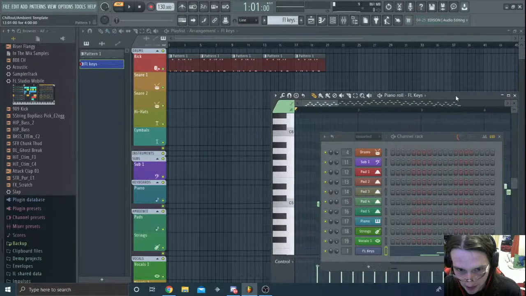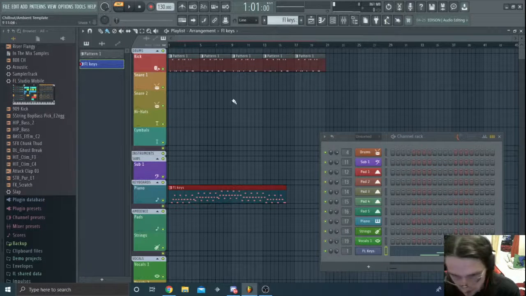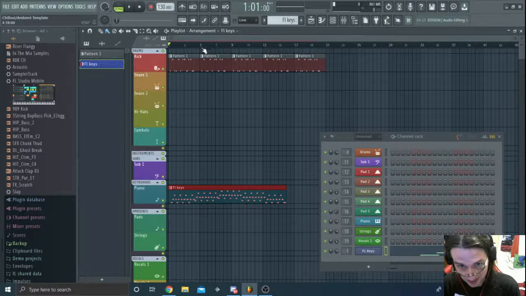We definitely have the keys. But what happens if we play... Ooh, how many notes is that? It goes up to almost 16. So we're 16 notes through. So what if I set this to song, the entire thing, so this is going to play? So I'm going to set it now.